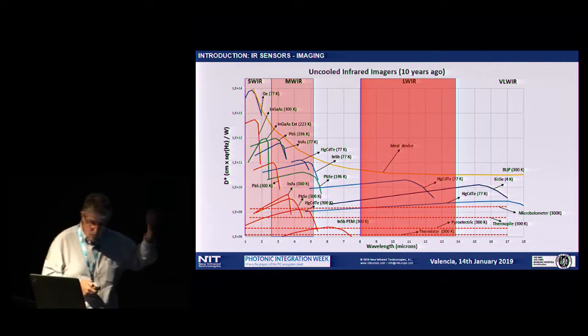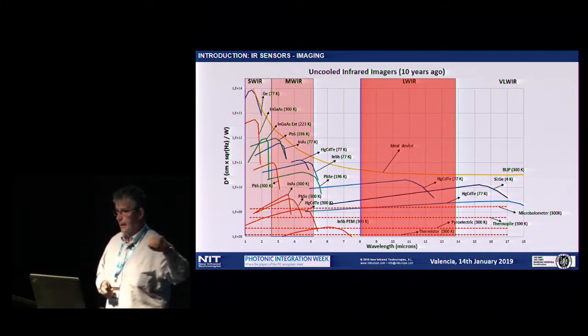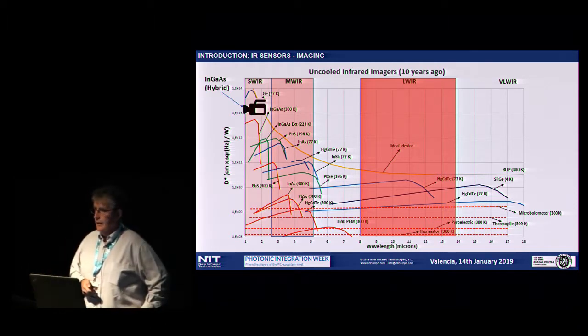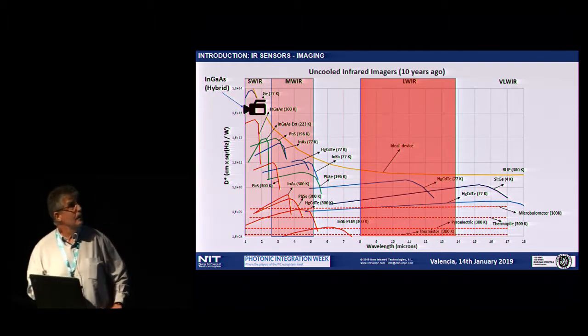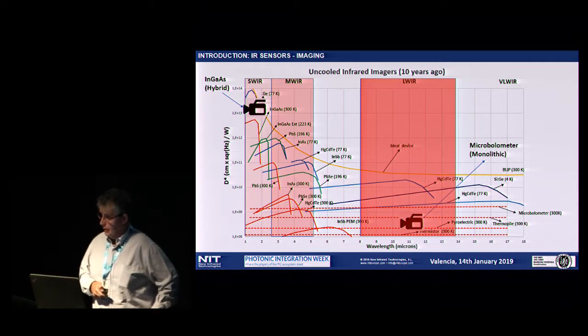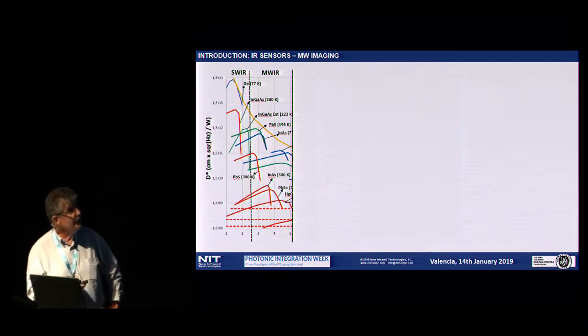We are now close to what is new. But okay, this is the panorama of infrared imaging ten years ago. Ten years ago, you could find good InGaAs sensor cameras in the shortwave infrared. They are quantum sensors, and they are hybrid technology. It was possible to find very good cameras in the long wave infrared. They are microbolometers, thermal sensors, and they are monolithic technology. But there was not any type of medium wave infrared imaging in uncooled operation. The reason is